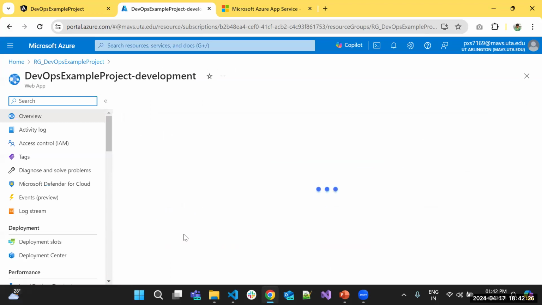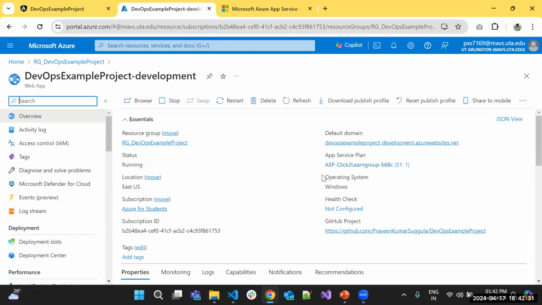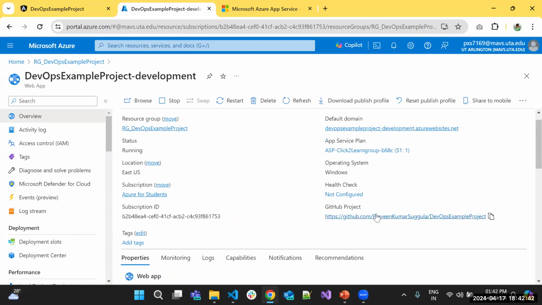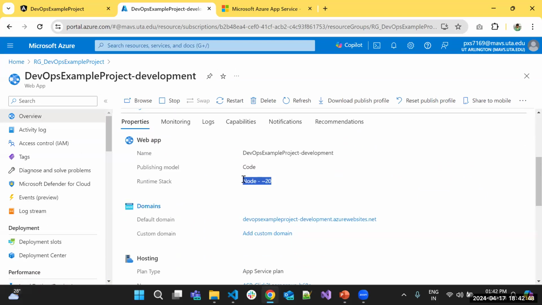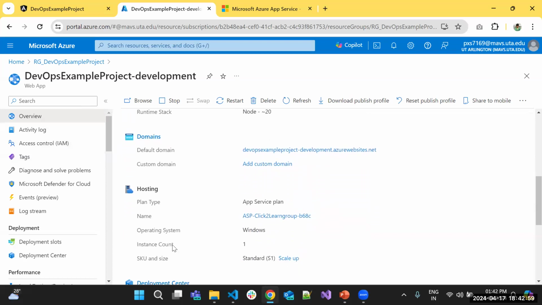In the development app, this is the sample dashboard, how it looks like. Your Azure portal consists of resource group information, whether my web server is running or not, subscription details, and which project it got linked with, and where it's running. It's a node-based application, right? So I was taking a node application. At the end of the video, I will explain how I created one web app. You can create it for your reference. Also, I have a link which I attached in our